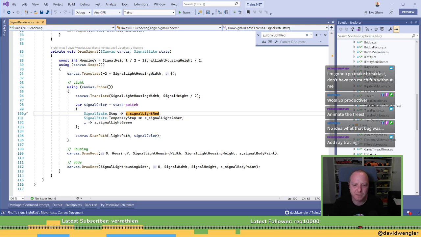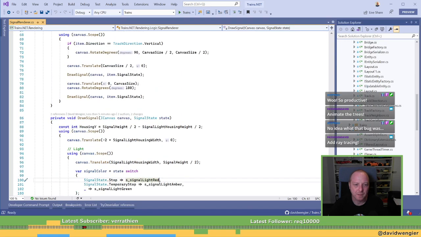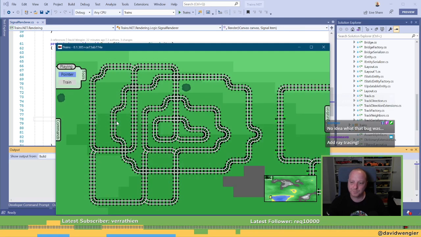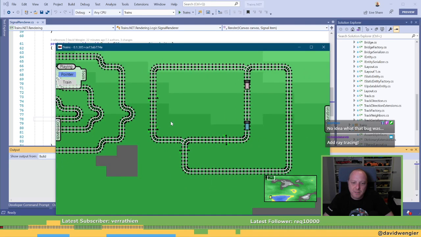Oh, is it? Did I miss a spot somewhere where you're using these constants? No. Draw signal. Rotate. You're drawing signal. Oh. Wait, what? Yeah, that doesn't make any sense.